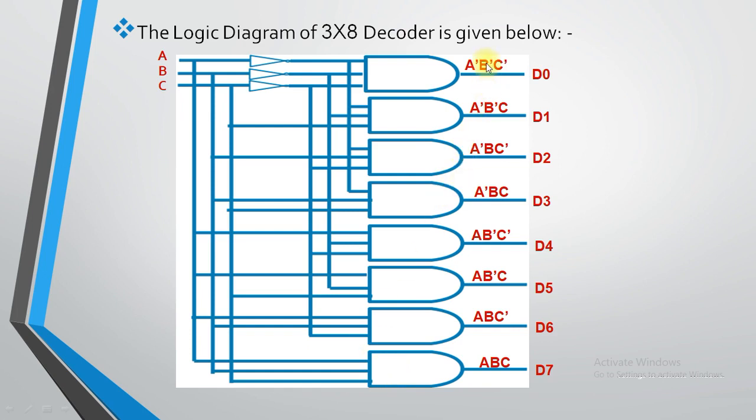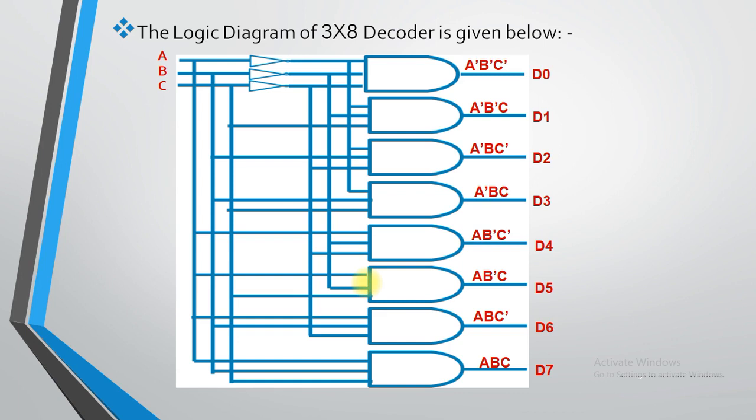Now the value of B is represented by B dash for the first two, then B, then again B dash and then B. So you need to input values according to the given value. Say for example B dash for the first two gates. So I will take a cable from B dash over here, then C. So the cable of C I need to take from this and pass over here. So in this way you can draw the logic diagram of the 3/8 decoder.